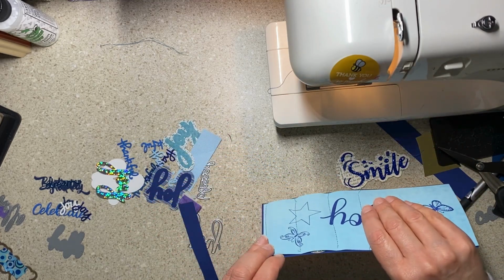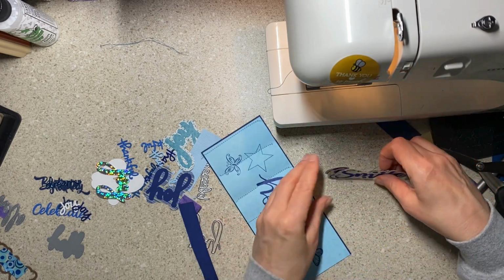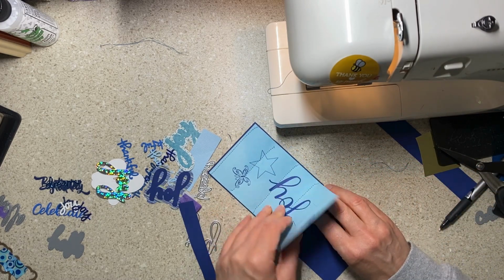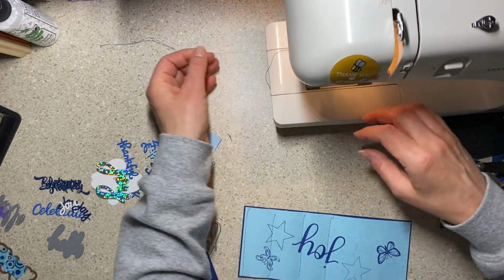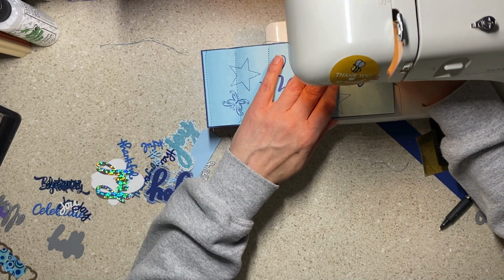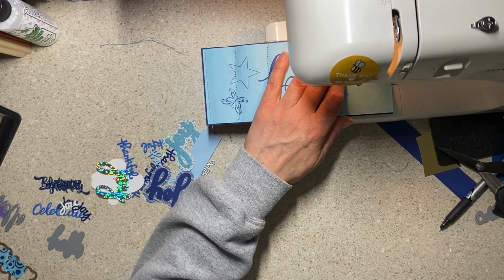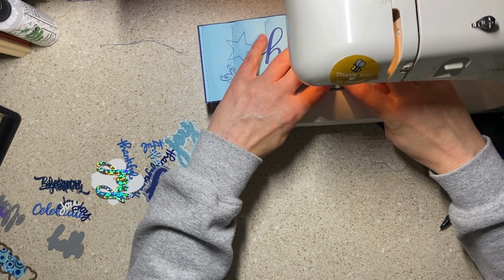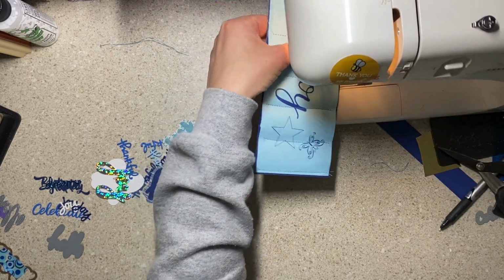And to do this Joya Blue, what I did was I got out a bunch of blue scraps. I'm trying to figure out if I already used Smile or not, because I had other dyes and I laid them all out and got confused, but I don't think I used Smile, so we're going to put those in there. But I got out scraps of blue, and in some cases I might have chopped up a new blue piece, but I have blue shimmer paper, everything from mint colored teal all the way to like blurple and blue grays. I just got them all out and was die cutting with them and using up the scraps and layering